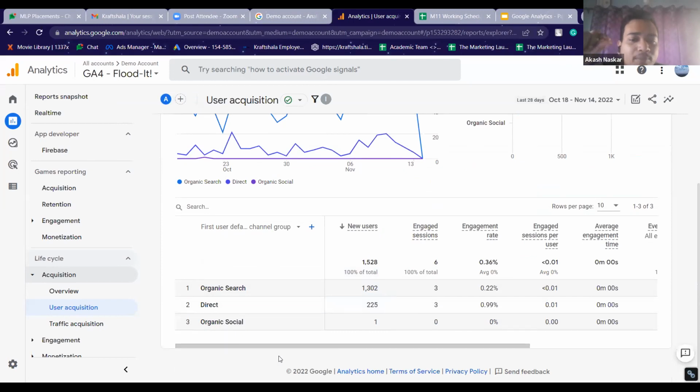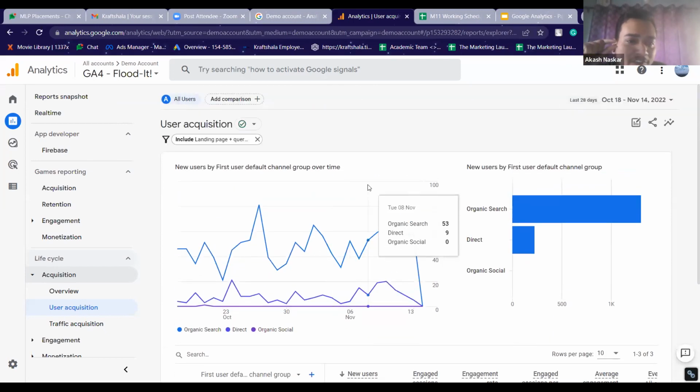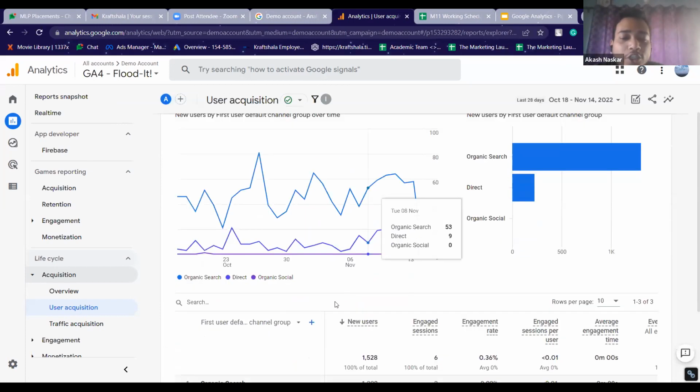It will take some time to load, but once it loads, you'll see a loading button here, because Google Analytics is a little bit slow. So after you apply a filter, the result will not be instantaneous. Specifically for slower computers, or if your network is not very good, it will take some time to load. But after it loads, it will show you the correct data.